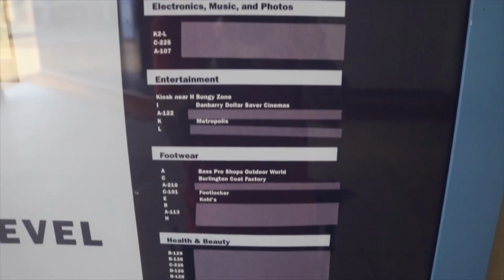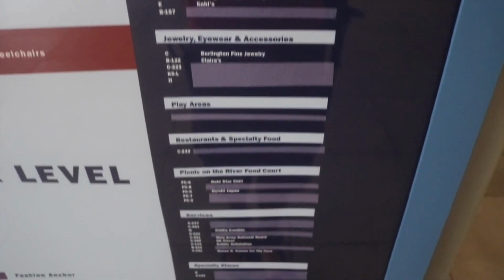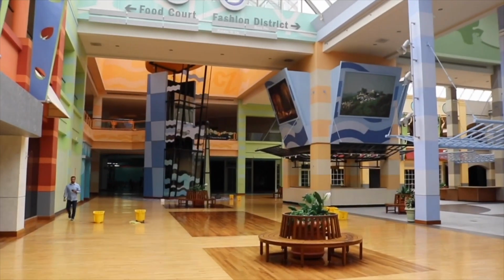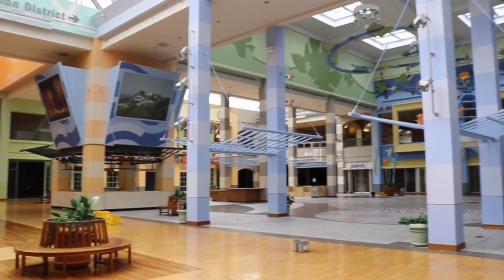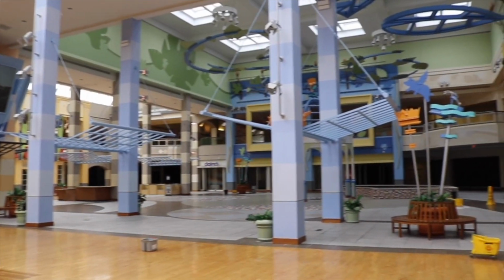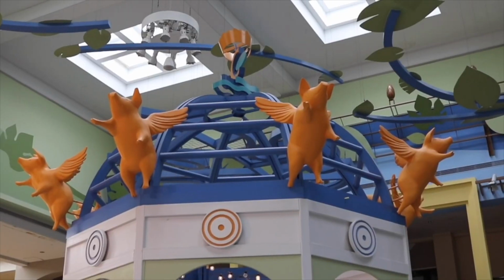So yeah, 1 year after it opened, L.J. Hooker, who was the owner of the mall, the company there went bankrupt, so they had to sell it. So the first round of renovations went on in 1990. Mall kept going. And that's kind of when most of my generation, if anybody watching this will remember, that's kind